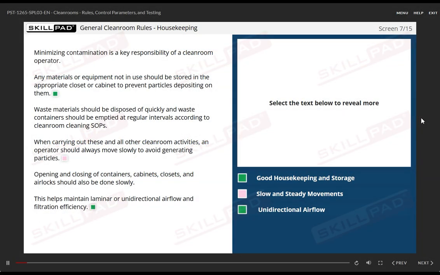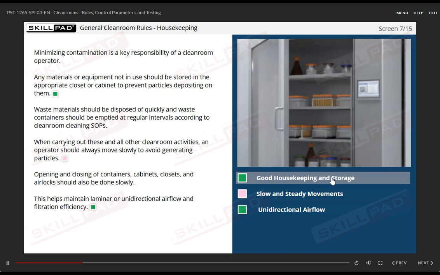General cleanroom rules, housekeeping. Minimizing contamination is a key responsibility of a cleanroom operator. Any materials or equipment not in use should be stored in the appropriate closet or cabinet to prevent particles depositing on them. Waste materials should be disposed of quickly, and waste containers should be emptied at regular intervals according to